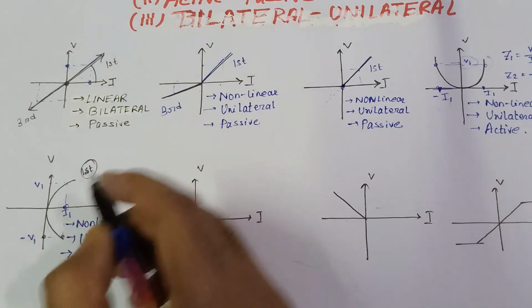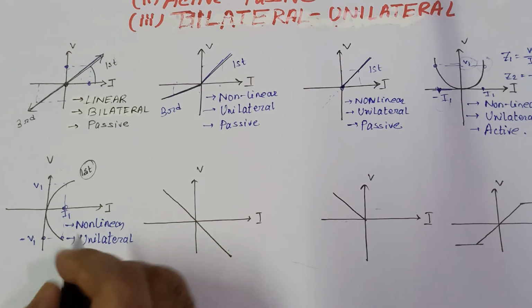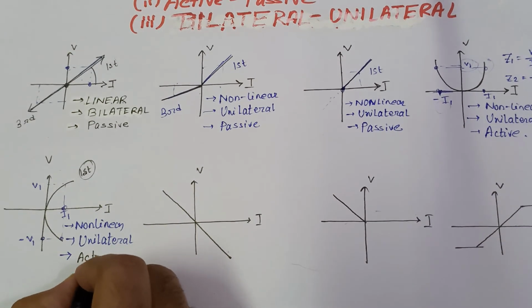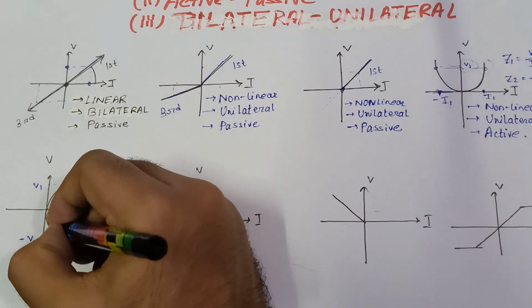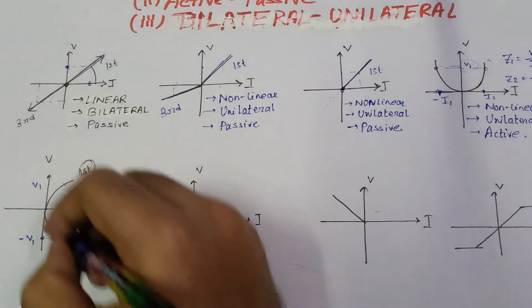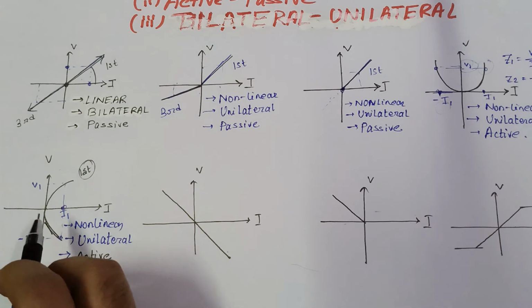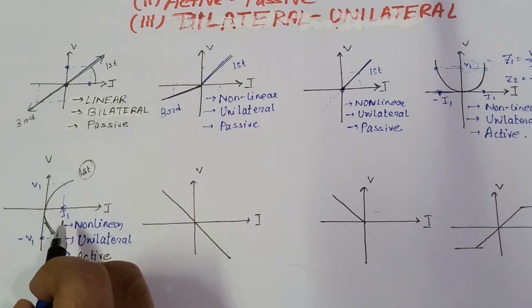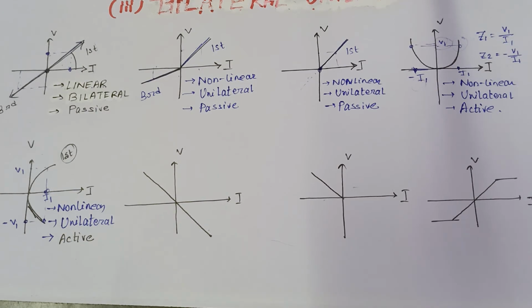See, the characteristics is lying on the first and fourth quadrant. First and fourth quadrant means what? I already told you, it is active. Now why? Because if the slope is negative for any moment, in which part is it negative? In the fourth quadrant. Why? Because if you draw a tangent here and calculate the slope, the value of tan will be negative in the fourth quadrant, so it is active.